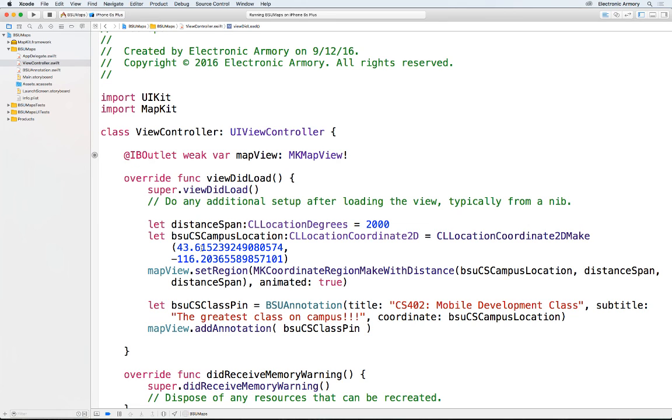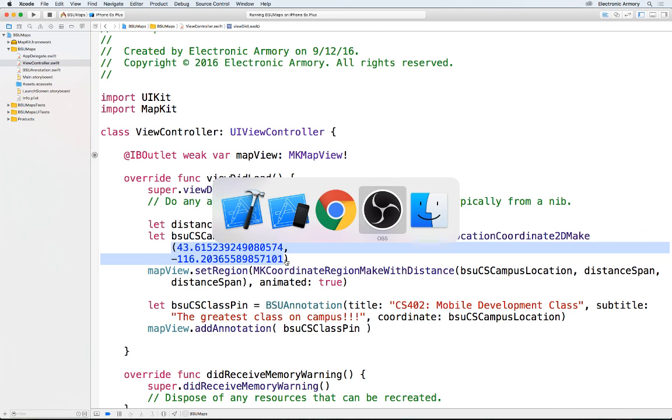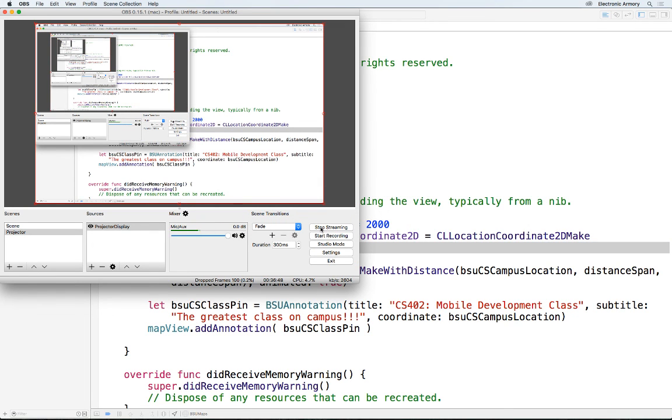What I was going to say is, if you wanted to add additional pins, you would have an array of locations, a whole bunch of GPS locations, stick that into an array. You wouldn't need a for loop, you would create locations from those CLLocationCoordinate2D objects in an array, and then pass that array to the map view, and the map view will just take care of adding all those pins. And of course you can remove those pins, etc. But that's the basics. Hopefully that helps you guys out with project 1. I'm going to stop the